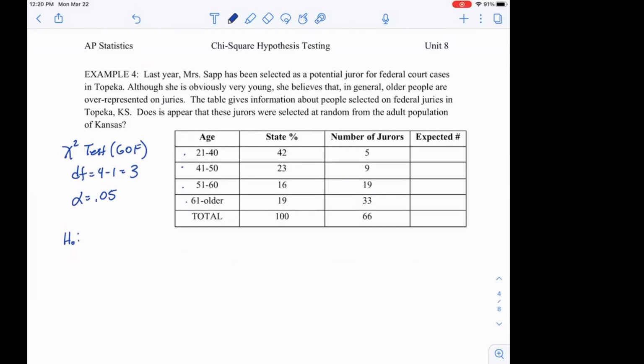Okay, Sammy is concerned. Our null hypothesis is observed counts of jurors of each age group fit the population percentages. Our alternate hypothesis is